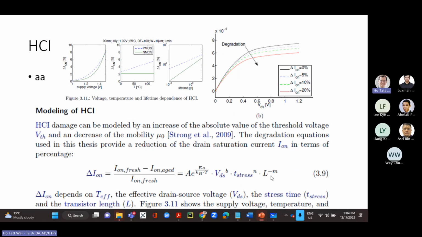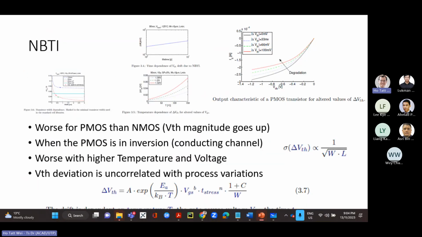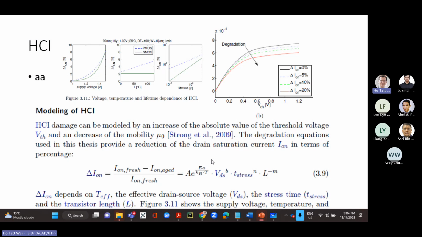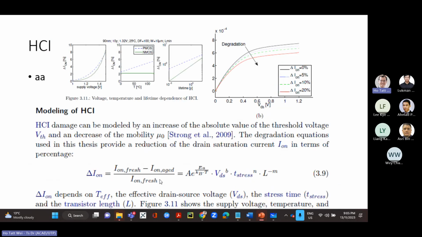The T-stress is the same, and here it is dependent on the channel length, whereas previously, BTI is inversely proportional to width, not so much affected by channel length. Okay, so slightly different factors affect it, and here again, you're modeling the effect of HCI as a change in the mean value of the on current. Usually this is modeled as both a change in the on current, an interfering current source, and a change in the threshold voltage. But I'm going to make life a little bit simpler.